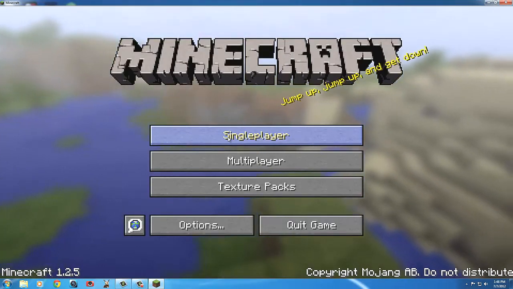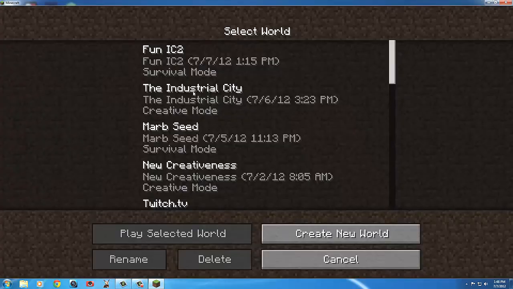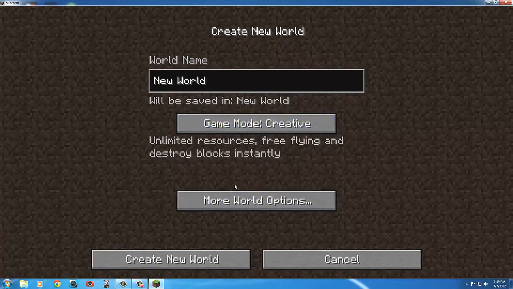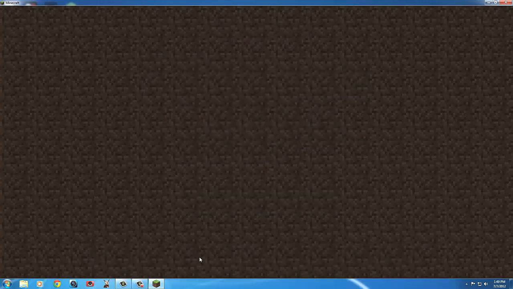Now, if you already had an Industrial Craft world for some reason, which I have many, and Industrial Craft isn't installed properly, it could completely break that save file. Do not load a freshly installed mod like this and load your world that you already have. So if, say, your friend sent you an Industrial Craft world to check out, and you installed Industrial Craft, it will totally break the save file. So we're just going to create a random thing real quick here in Creative, and this is the best way to test it.